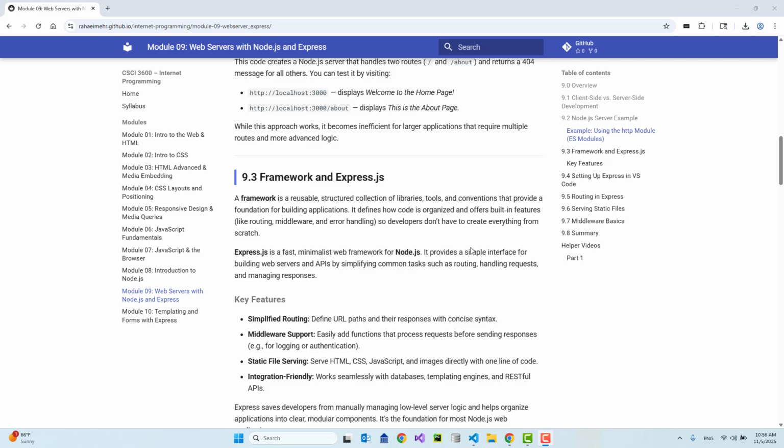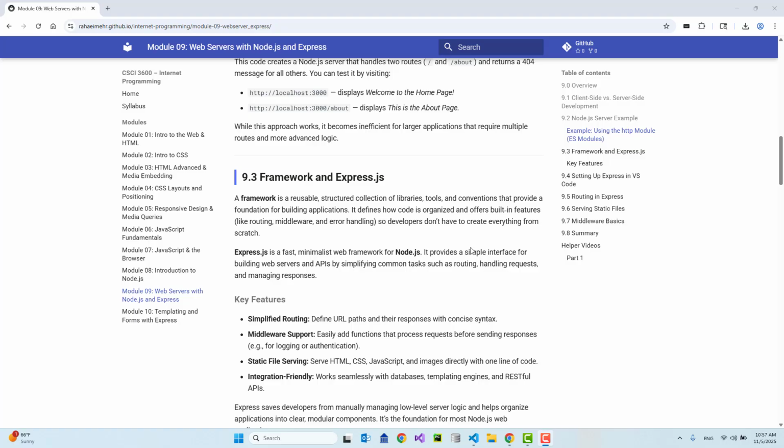In the previous video, we saw that Node.js provides a built-in module called HTTP that lets us create a web server. But we also noticed that if we try to implement everything with plain HTTP, the code can quickly become pretty messy. Several frameworks have been developed for Node.js. One of the most famous frameworks for Node.js is Express.js, and in this class we will use